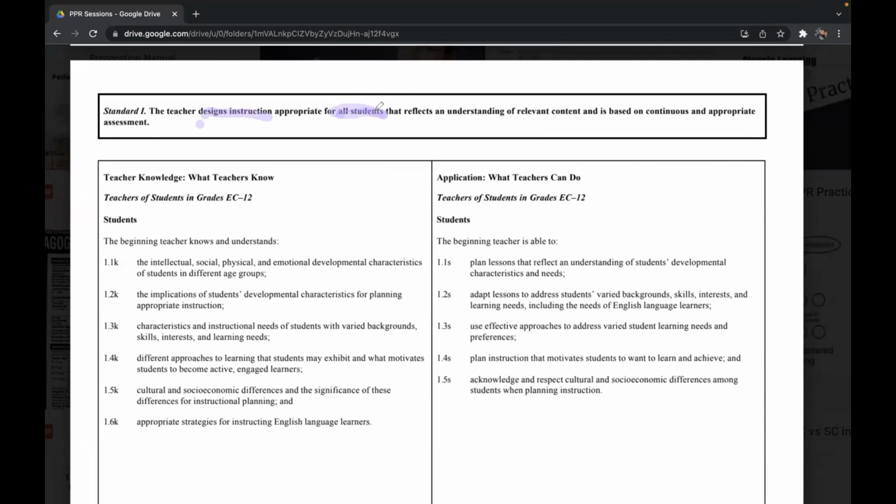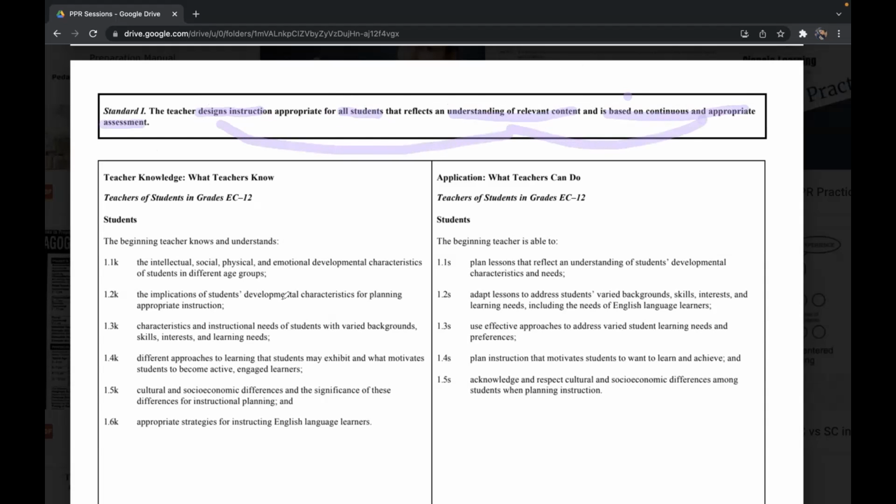And they'll tell you in the scenario what students are talking about. So pay attention. Design instruction for all students. You have an understanding of the relevant content for sure, but that is based on continuous and appropriate assessment. So important that we're checking for understanding,